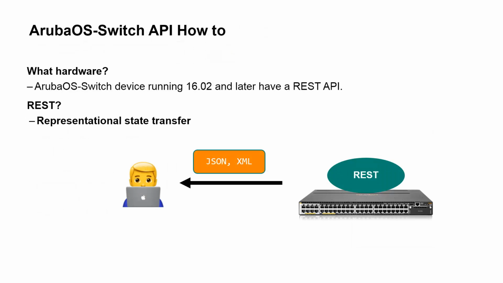So most of the devices that we're talking about, I think all of the 16.02 with the REST API, you get JSON back. I'm not going to go into big details about what the format of that data is right now. The thing to take from this is the fact that the information coming back is not in the CLI format where we need to parse those strings. It's coming back as structured data already. It's coming back as JSON. It's coming back as XML. And that's much easier for our code to process.